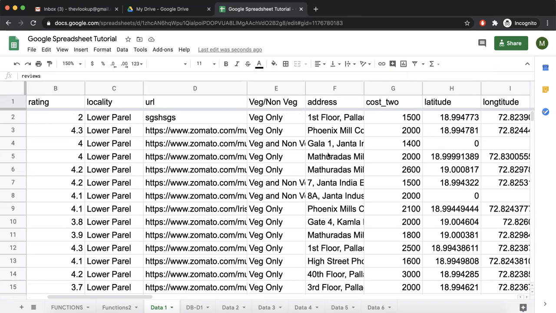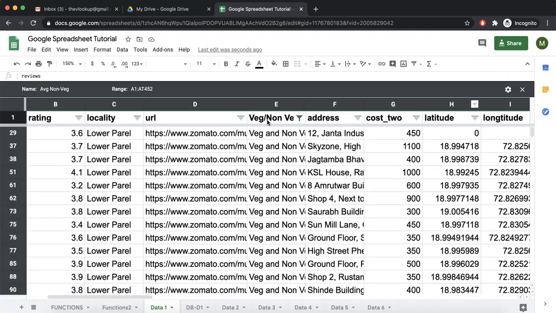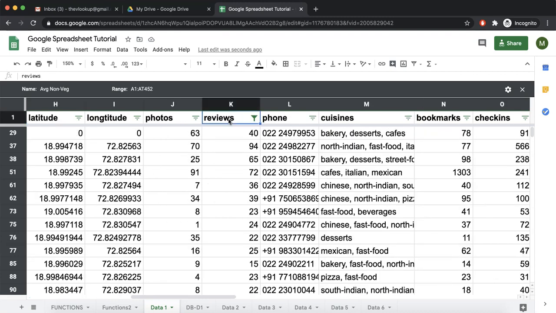Now next time you want to see the same data set which was non-veg and less than 100 reviews, you simply go there and you see there is a saved filter view. You click this. This is opened in filter view and the filters are already applied, which is the non-veg one and the reviews one. So you can apply any filter and you can put a name. So every time you don't need to set the filter manually.